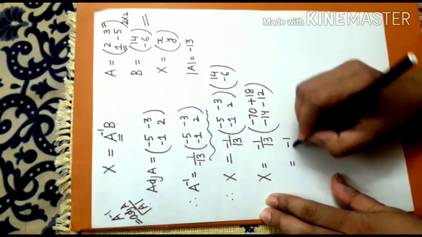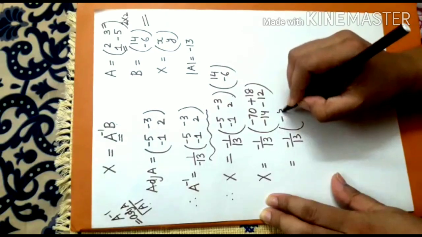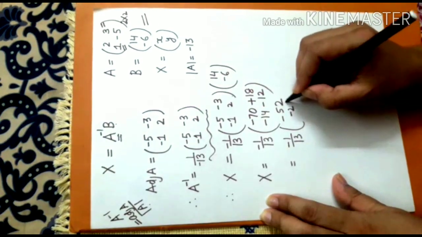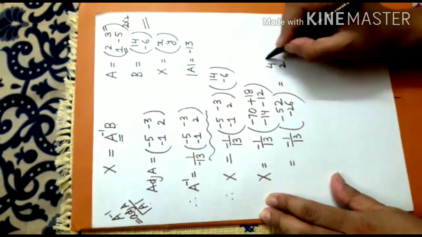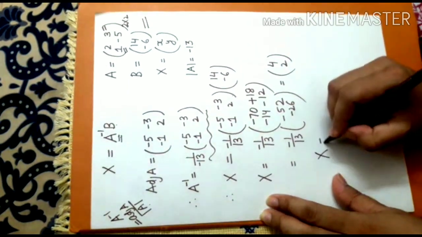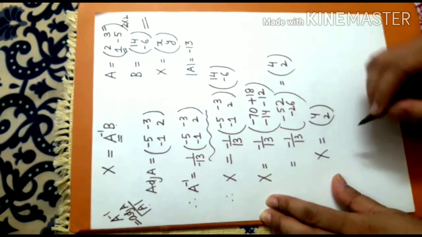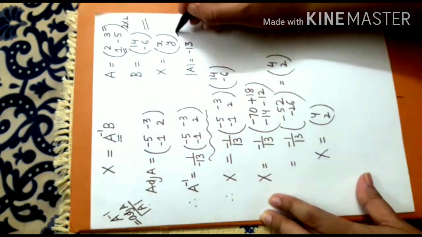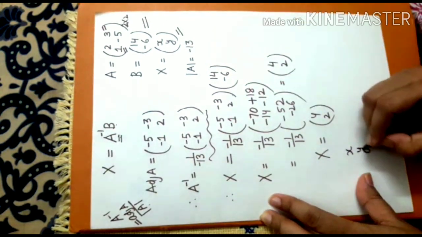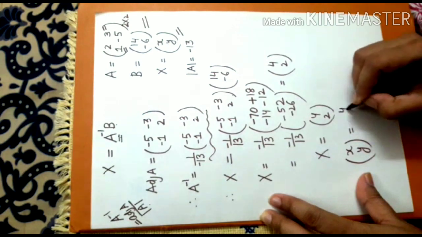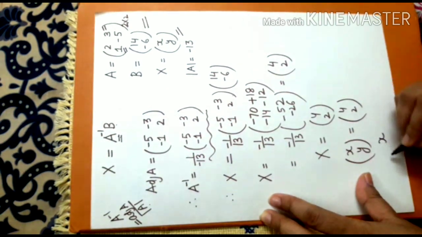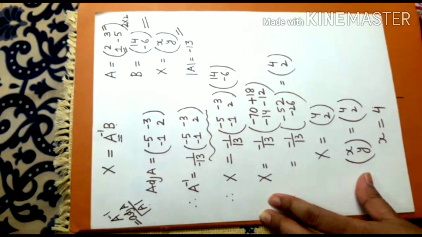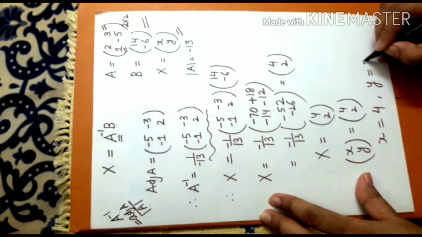That will give you minus 52 and minus 26, which is, so matrix X is this. And what was X? It is this matrix. So this is equal to this, and on comparison we will get x equal to 4 and y equal to